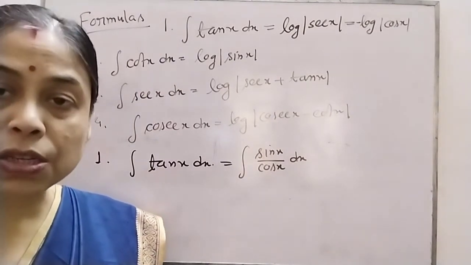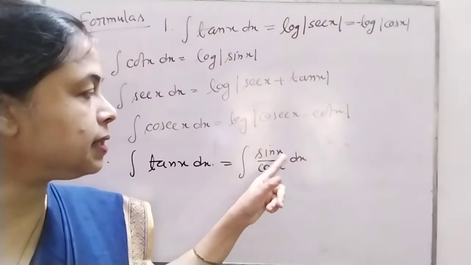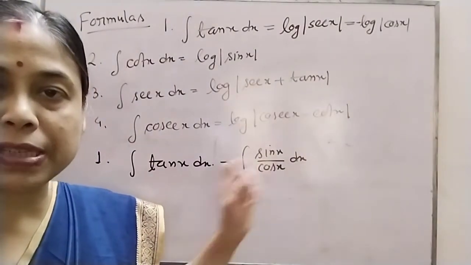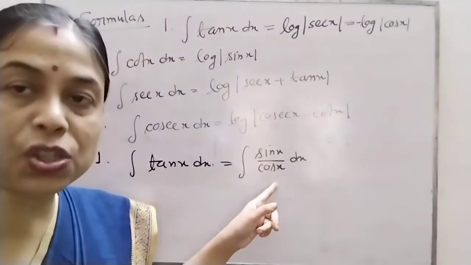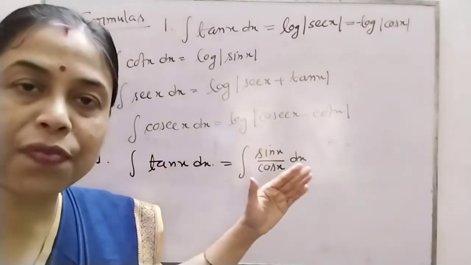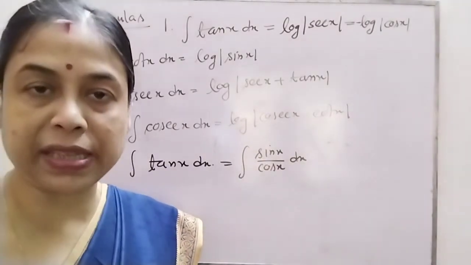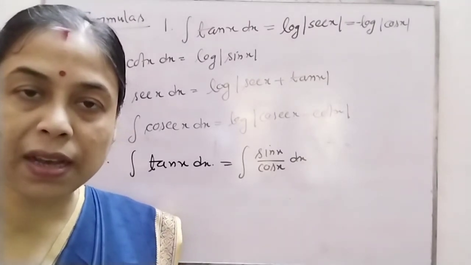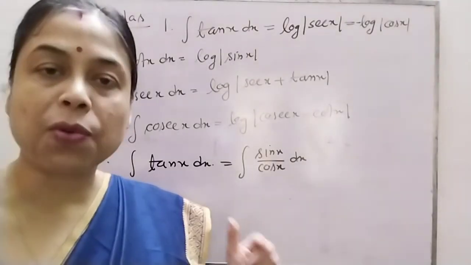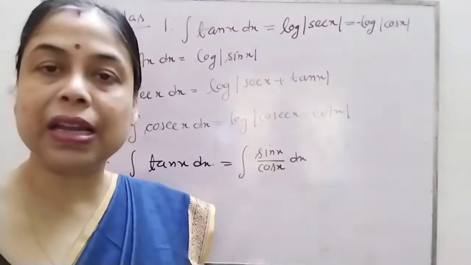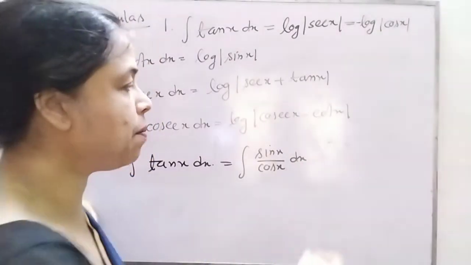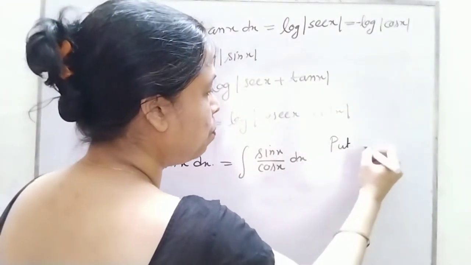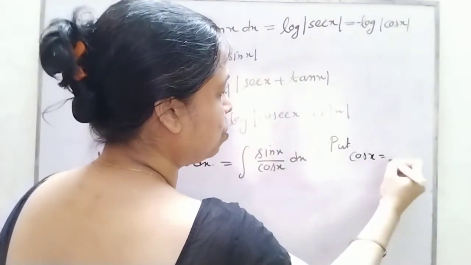Okay, but you see here sin x is with dx because they are present as a product, but cos x is actually not there because it is in the form of 1 by cos x, that is sec x is present with dx. So what is the substitution we are going to make use here? Yes, the derivative of cos x is there, sin x directly with dx. So I am going to put cos x equal to t.